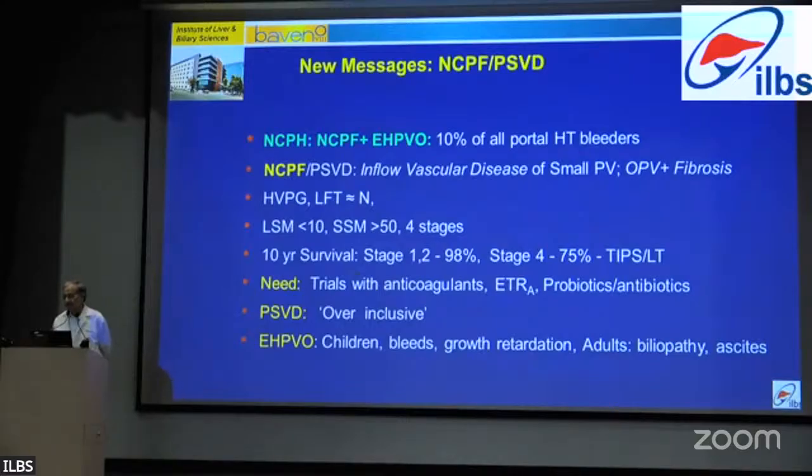And is there a separate category? They're neither EHPVO nor is there a thrombus. They're absolutely patent. The liver is non-cirrhotic. All we report is a little dysmorphic because of the volume redistribution. They don't have so many collaterals. They have a huge spleen. So what is the road map for us, for imaging, for you as a treatment?